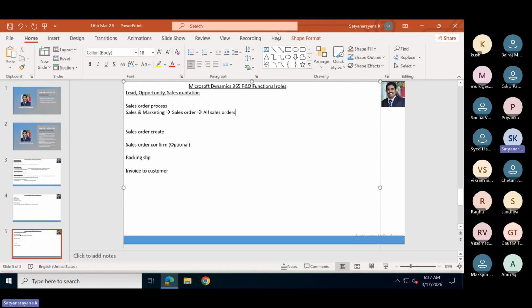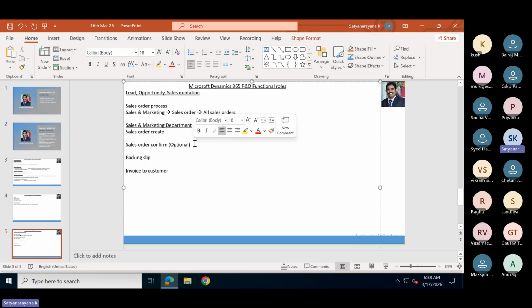This is the path. This is done by the sales and marketing department. They will execute the sales order.